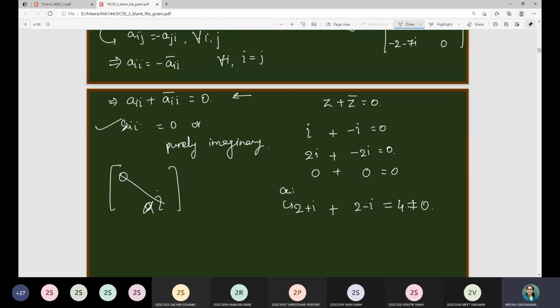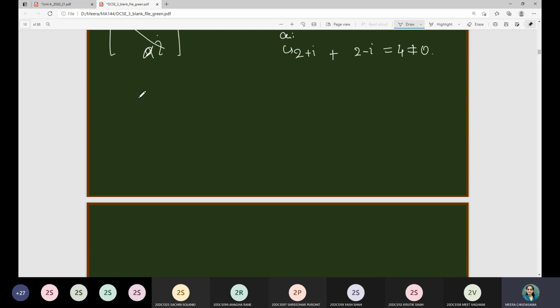Right? Then we have, when you have a given square matrix A such that A into A raised to theta, which is the same as A raised to theta into A, gives you the identity matrix. Suppose this is of order n cross n, then you will have the identity matrix of order n. In that case, such a square matrix A is called a unitary matrix.